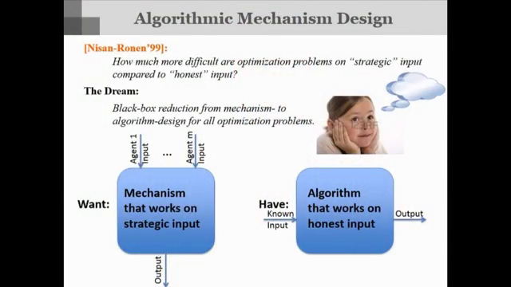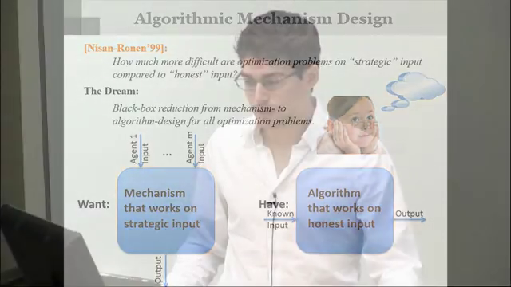where you don't know the input, you're not given it, but you have to get it reported to you by agents who are strategic and have their own interests. At the end, the agents experience some kind of payoff based on the output that you choose. So they actually care about the algorithm you run and what you choose to do. For this talk, I'm going to call this a mechanism instead of an algorithm to denote the difference. Okay. In a seminal paper by Nisan and Ronen, they introduced this topic to the computer science community.